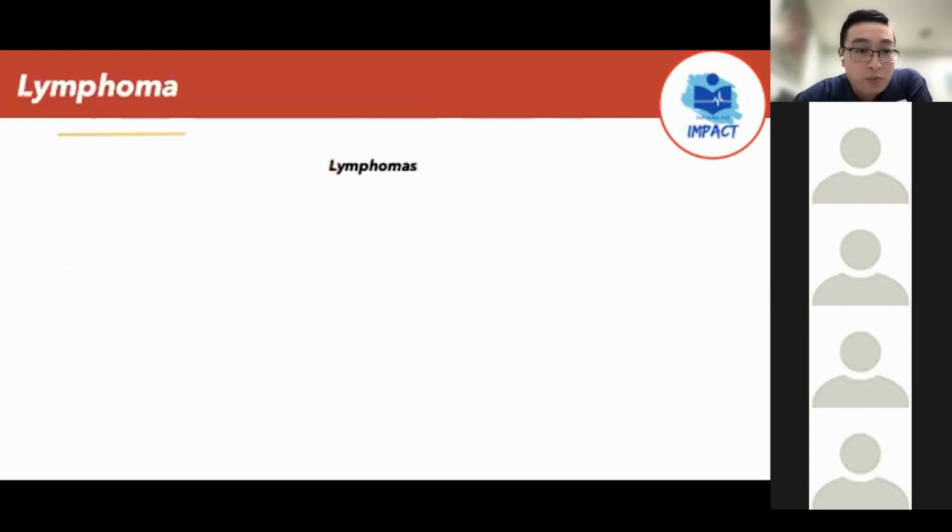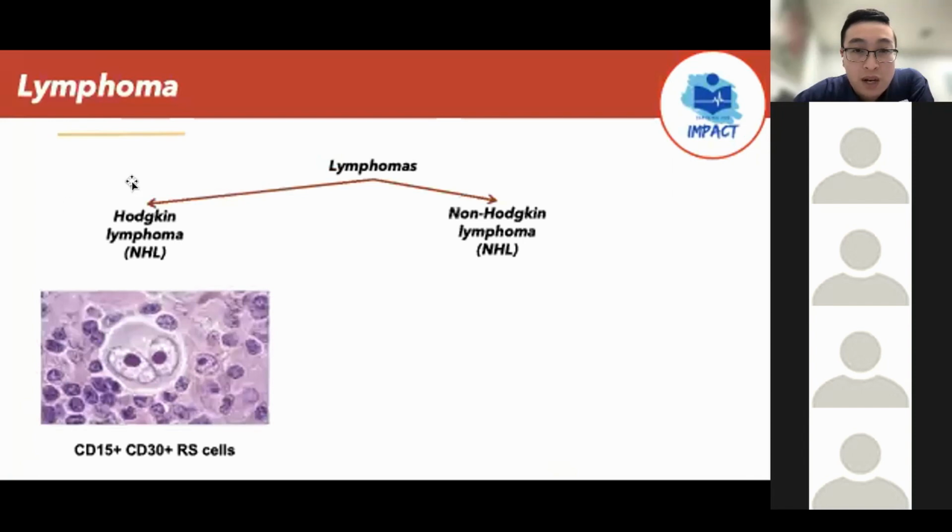Anyway, let's quickly move on to lymphoma, because I want to talk about anemia before we wrap up. So how do we classify lymphomas? Well, typically lymphomas are classified into either Hodgkin's lymphoma